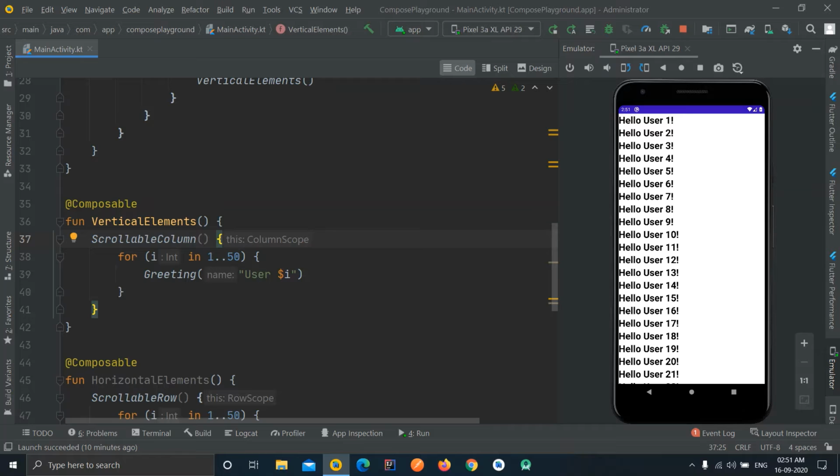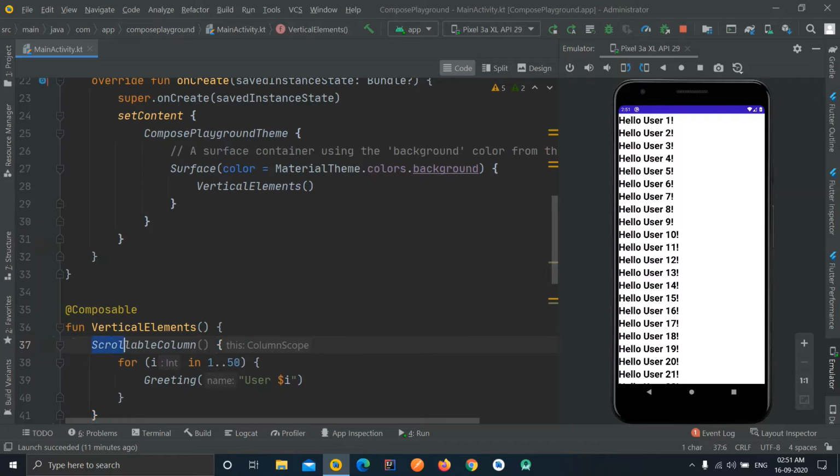But if you have noticed, we are scrolling it only from the part where the text is actually written. If we want to scroll it from this white portion, that isn't possible. This is happening because our scrollable column is taking the width of the maximum element, which is this much, I guess. To check this, you can apply a background color to this column, so you can easily check how much width it is consuming.